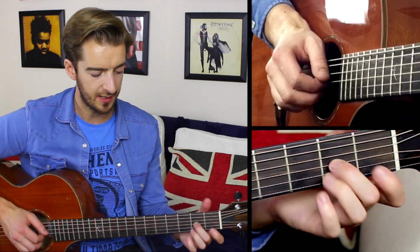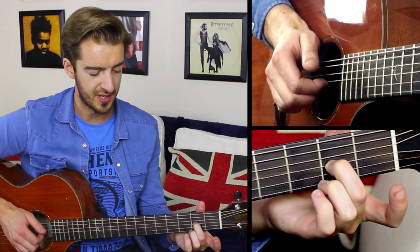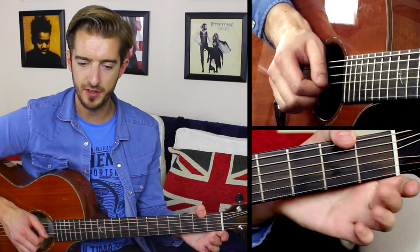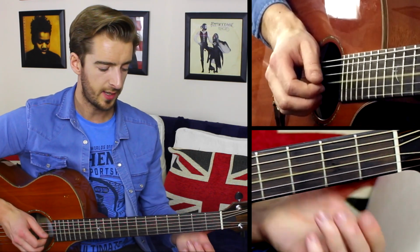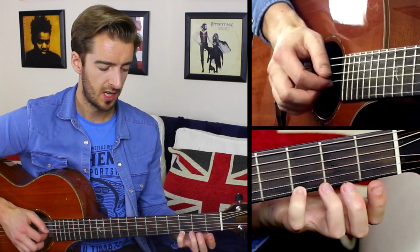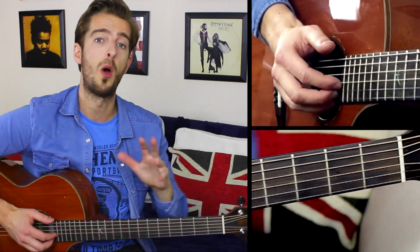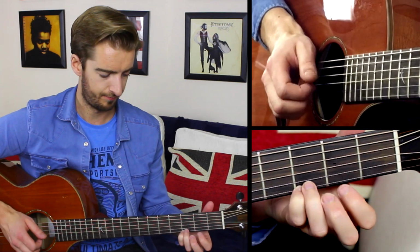And then finally, just to finish, we're going to play the middle finger at the 2nd fret of the 3rd string, and then to the open 3rd string, and that 3rd string is of course the G. So we have gone from the highest G in open position to an octave below that, so we've played the entire scale in 1 position, 1 octave. And in total, this sounds like...